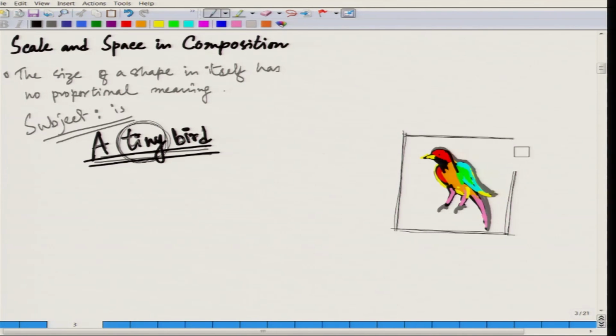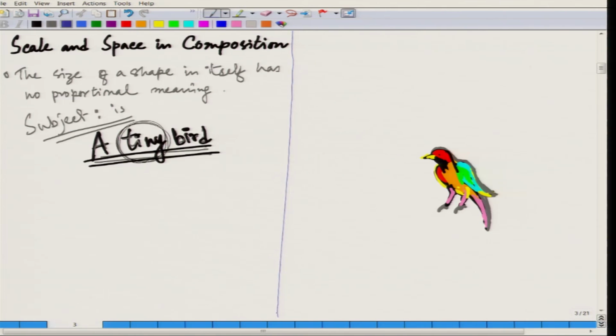So, we change the paper size. So, we place the same bird in a space which is much bigger. So, if we feel that the bird is sitting somewhere here, and also give it a comparative object, that is perhaps a branch,